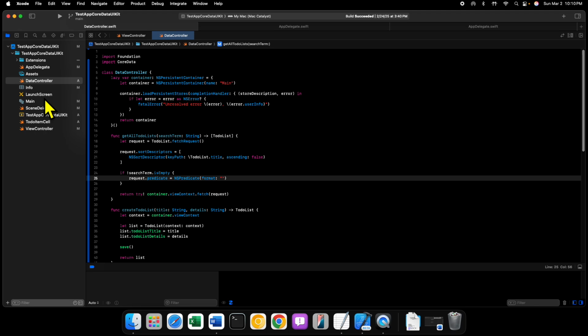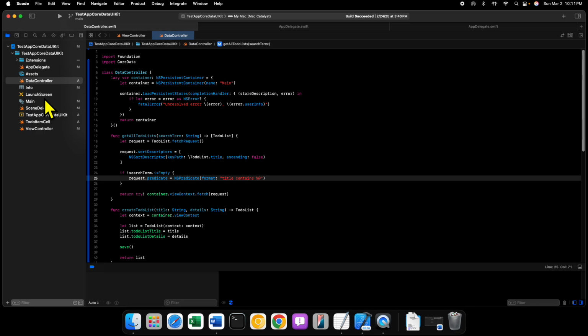All right, so let's go ahead and compose our predicate. Inside the format string, we are going to say title, which is the name of the attribute we want to compare to, right? So our to-do list title attribute contains. Now, the operators here are not case sensitive, so you can do it uppercase or lowercase and it won't particularly matter. It will parse it all the same anyway. So title contains